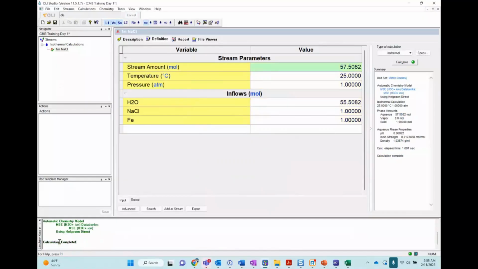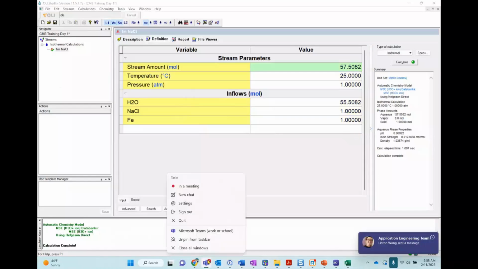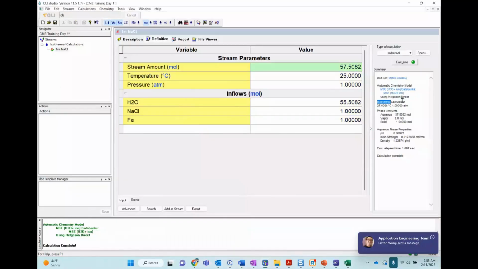And this is what I was saying. The calculation output is saying that you were successful at this. We are also saying, to the right in the summary, what type of calculation we did and what conditions. And this is important. Phase amounts: how much aqueous phase you have in your system, how much solids, the pH of your solution, the